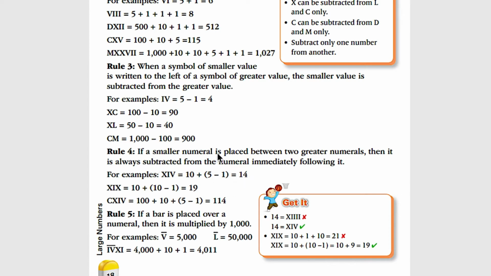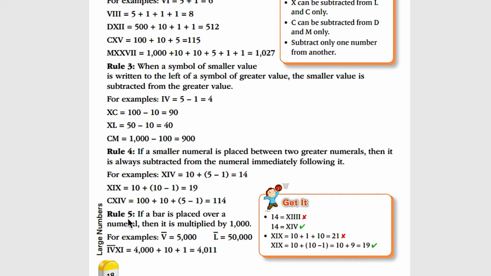So a smaller numeral is placed between two greater numerals. In that case, the value of the smaller numeral is subtracted from the numeral immediately following it. Again over here, for example, we have I, which is written between two X. So 10 add, फिर 1 is subtracted from this X. So 10 minus 1 is 9, and the result 9 is added to 10. So 10 add 9 is equal to 19. So for 19, the Roman numeral is X followed by I followed by X. And for 14, we have the Roman numeral X followed by I followed by V.